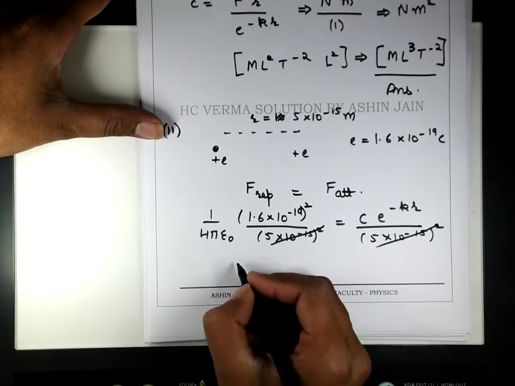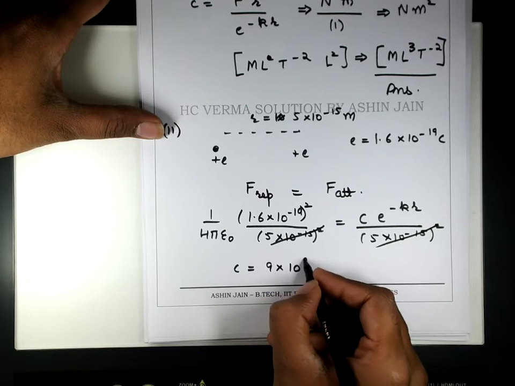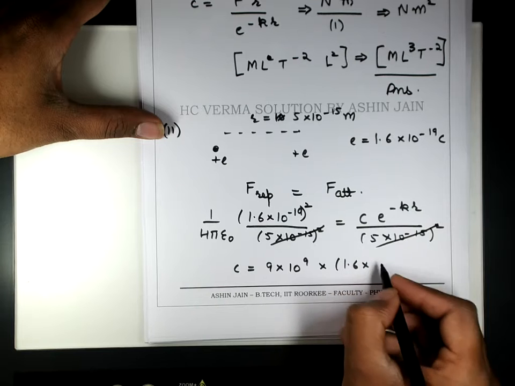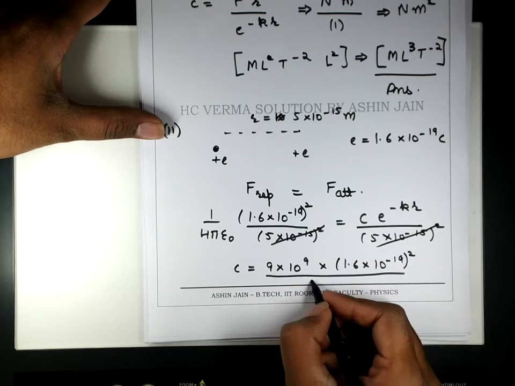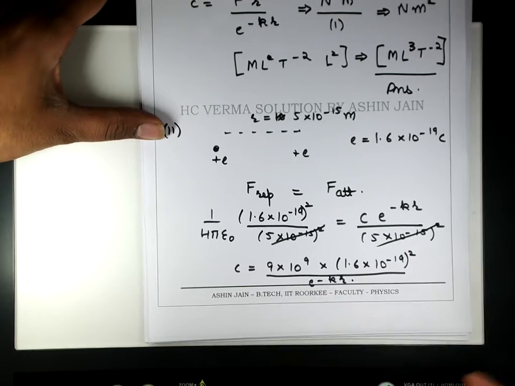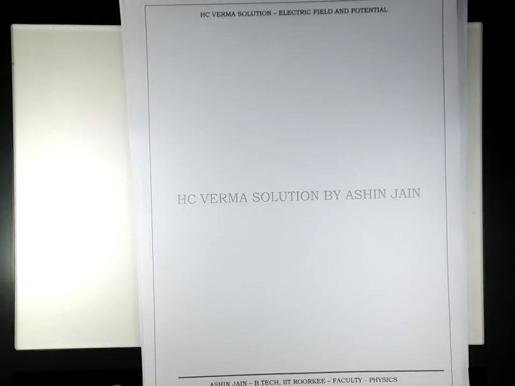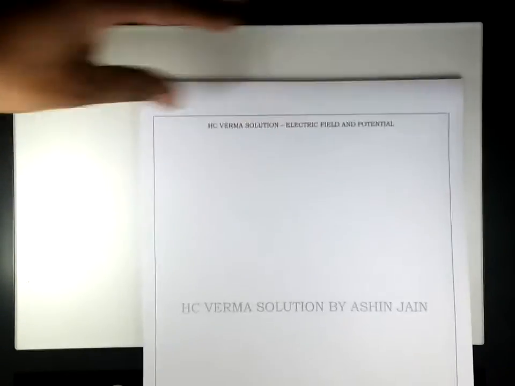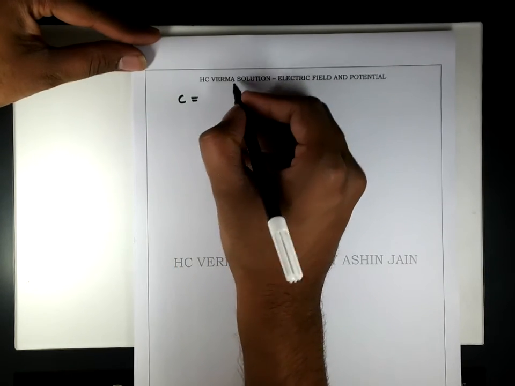So C in this particular part comes out to be 1 by 4 pi epsilon naught, which is 9 into 10 to the power 9, into q squared, which is 1.6 into 10 to the power minus 19 whole squared, divided by e to the power minus k into r. If I extend it on the next page, C comes out to be equivalent to 9 into 10 to the power 9